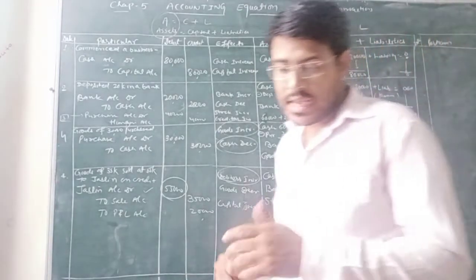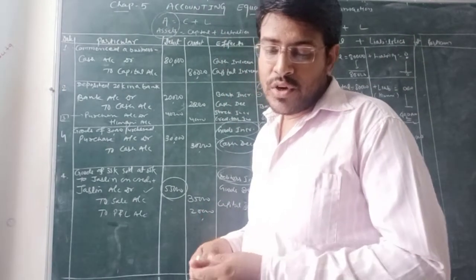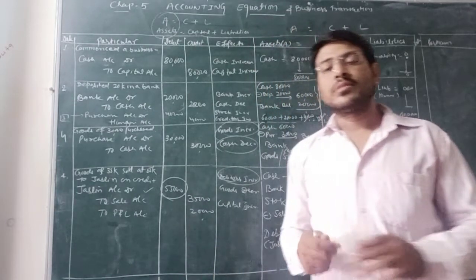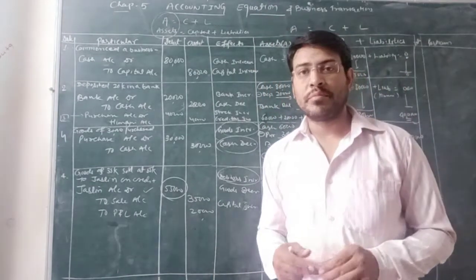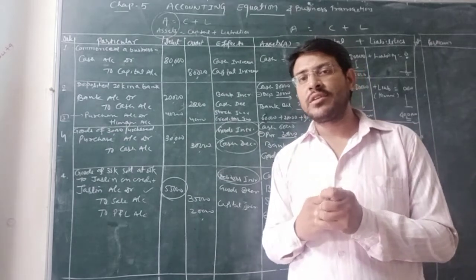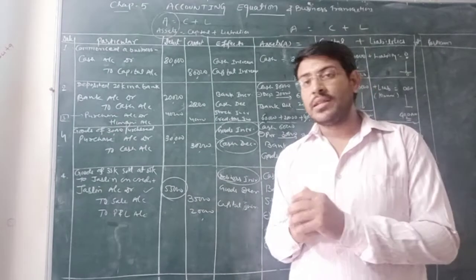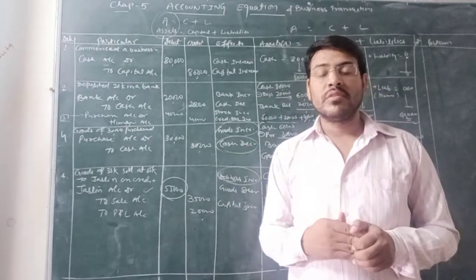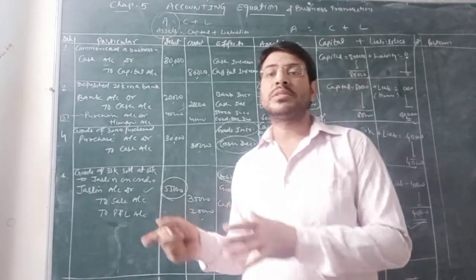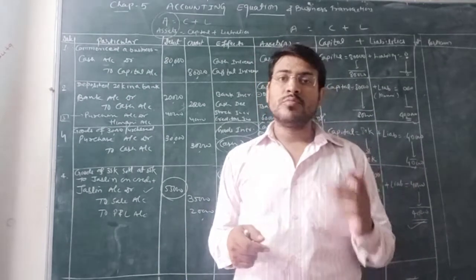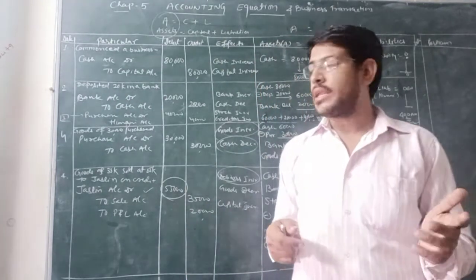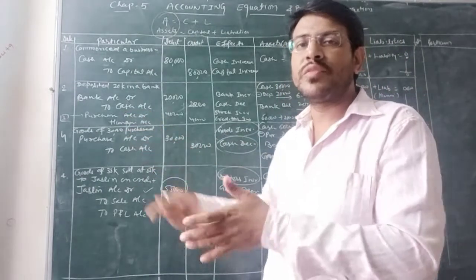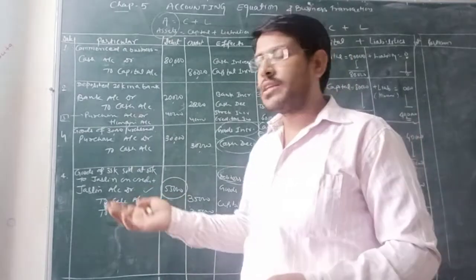Then in the very next transaction number 3, goods of 40,000 purchased from Himani on credit. It is given in the statement that on credit we have purchased the goods, but specifically if I say, if no credit bill is given to you, if simply the name of a person, Himani, is given, then we assume that it is a credit transaction. Right? So same here, it will be treated as a credit transaction. If it is given, then good. If not given, then we have to assume it's a credit transaction because the name of the person is given over there.